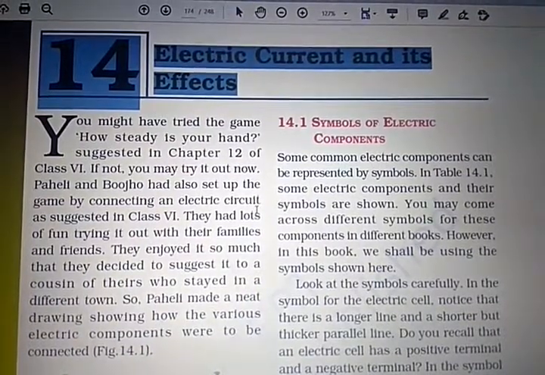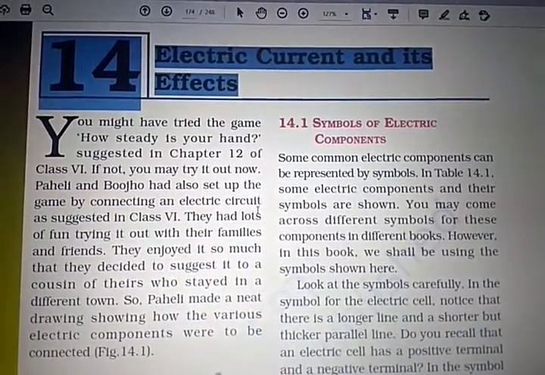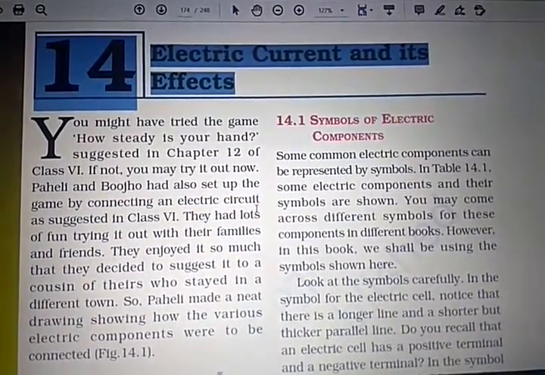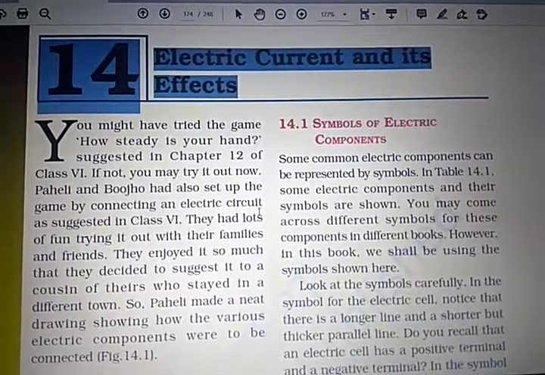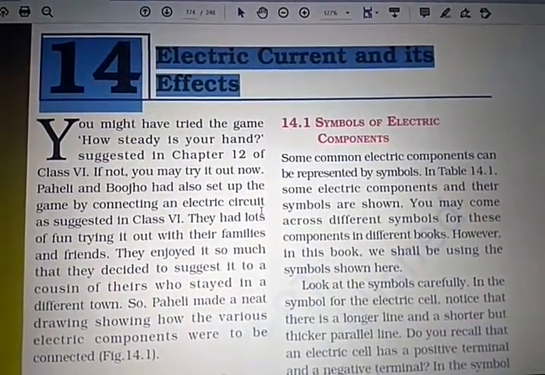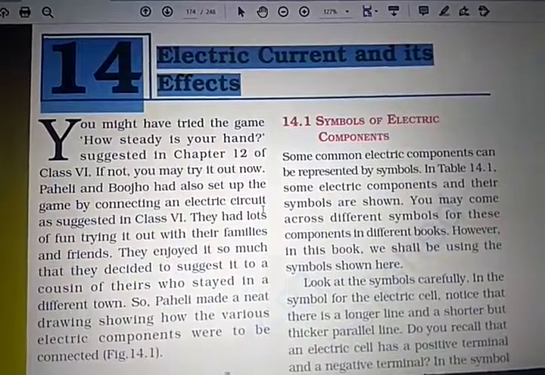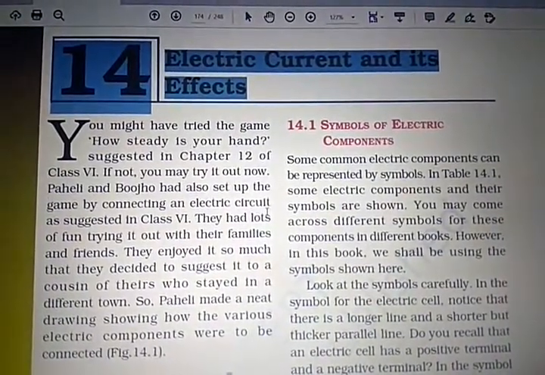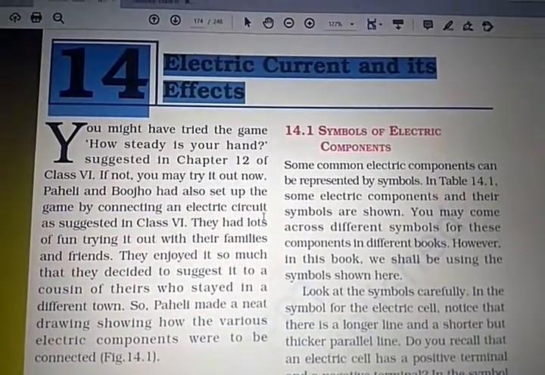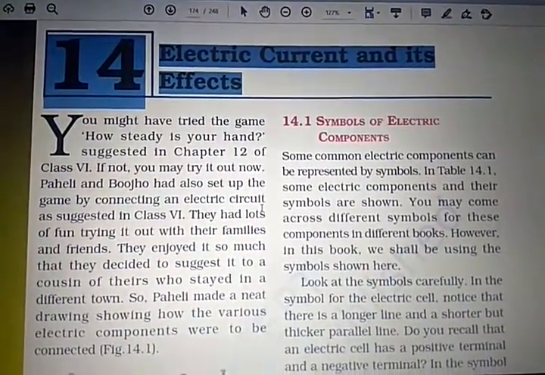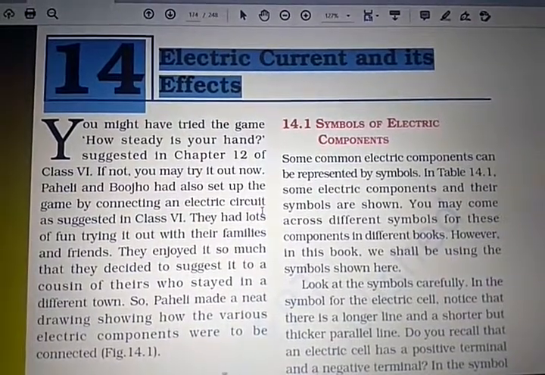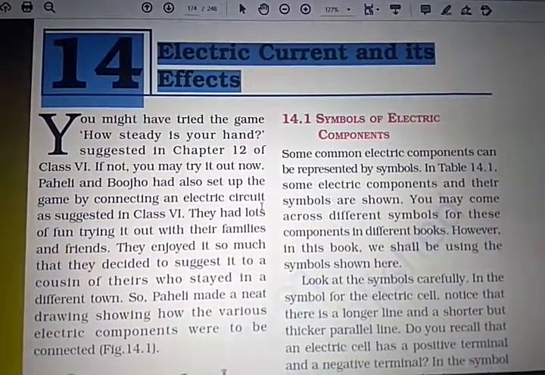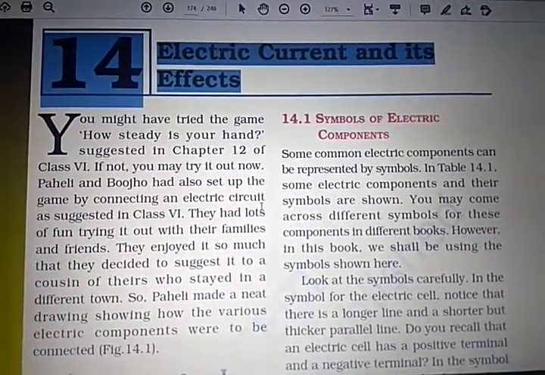First of all, dry cell, then switch, right? That switch that you have made with a safety pin, right? Then bulb, then wire, copper wire, right? So these are the components to prepare simple electric circuits. And once the current is flowing in the circuit, the electric bulb glows. So this is what you have studied in your 6th grade.